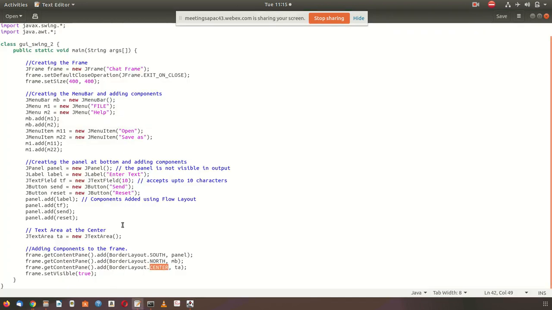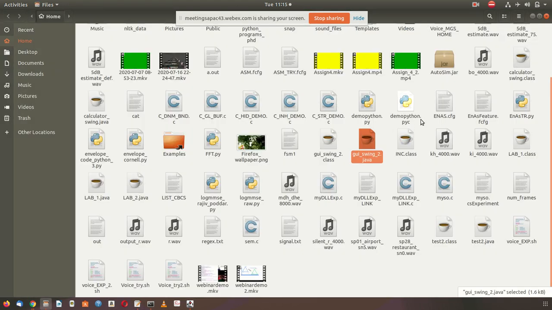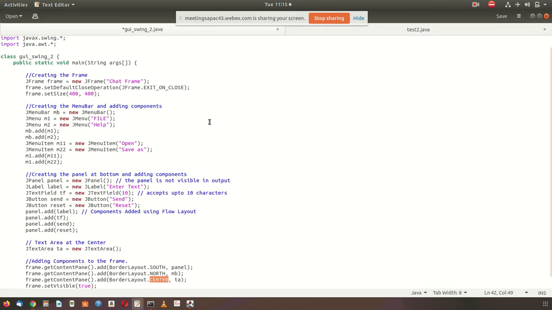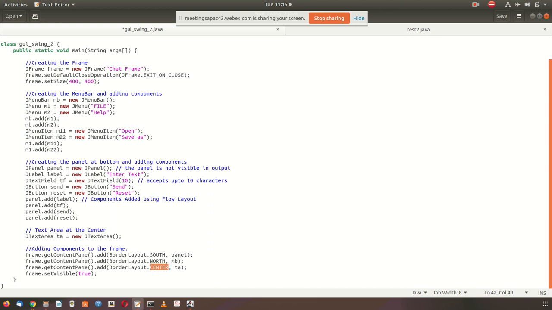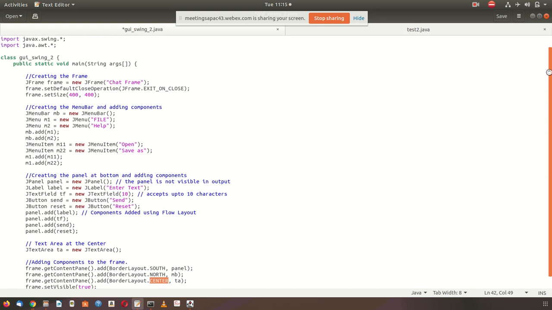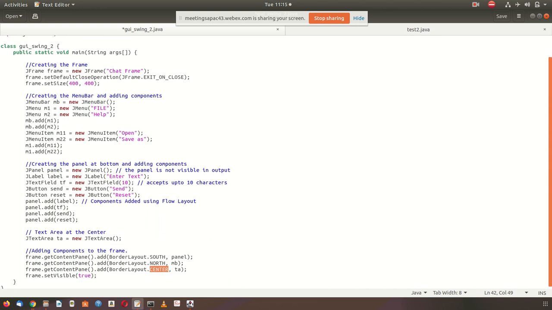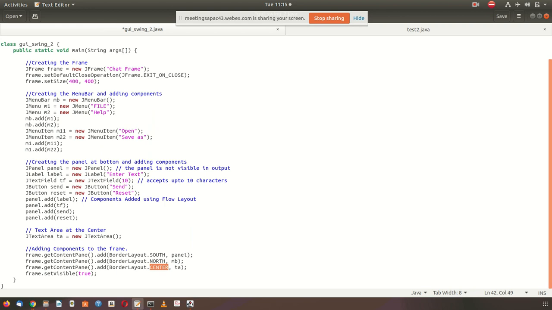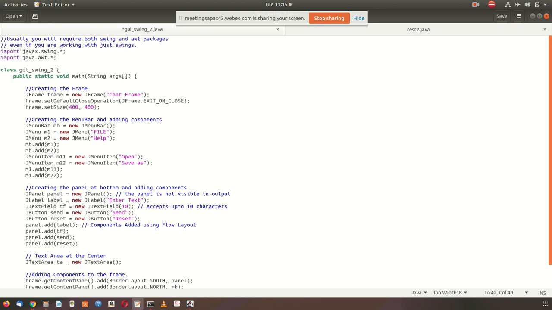This is the first one, and this is the second program. You have to import the header files properly, and here also you have to import the header files. Here there is one header file, and here there are two header files, Swing and AWT.